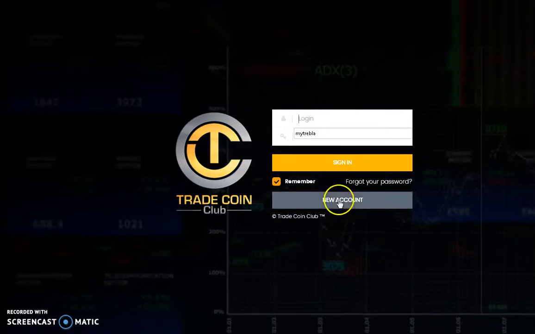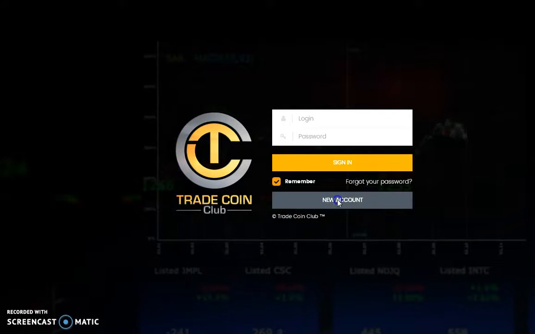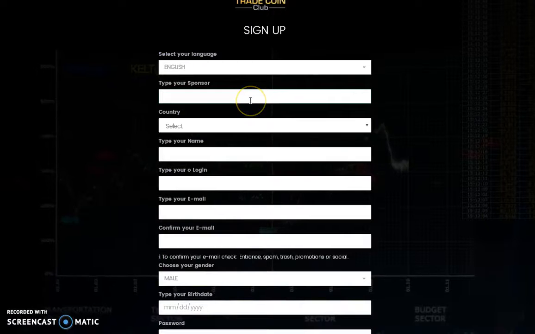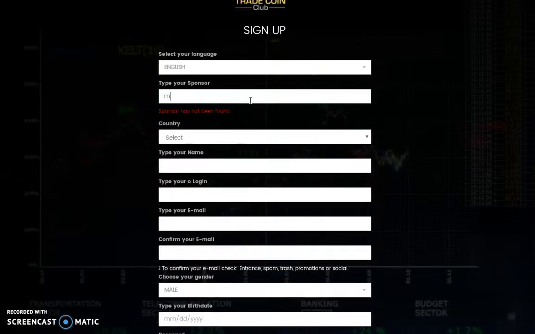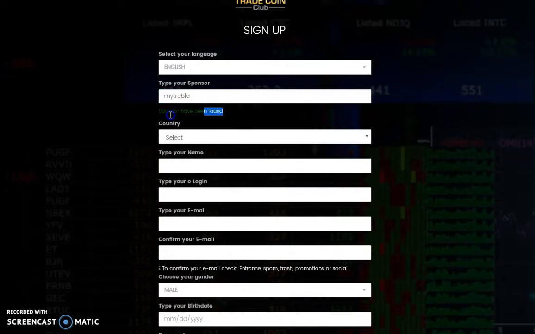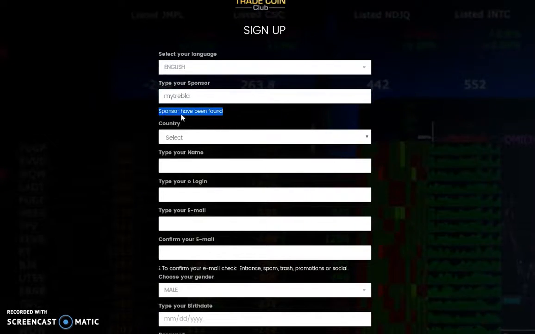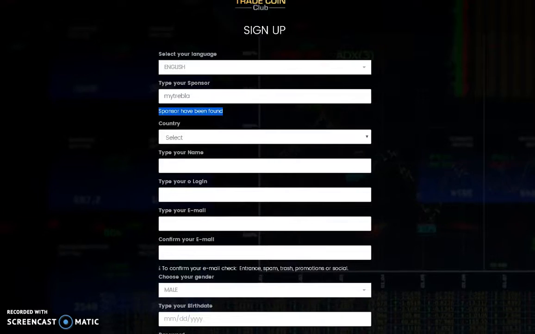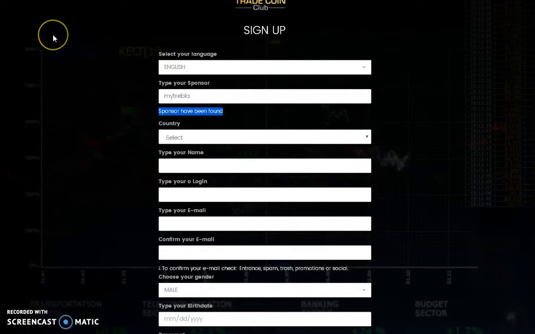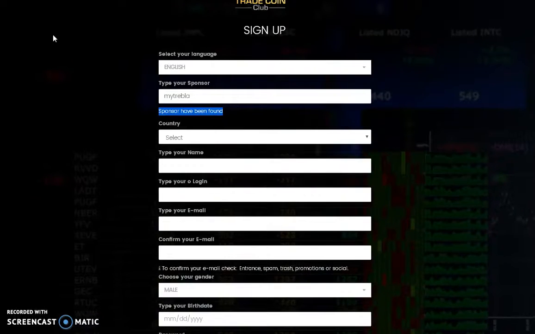So what you would do is you'd come down here and just click on new account if you're just getting started. And up in here, you would type in your sponsor's name. So I'm going to type it in. And as you can see, it says the sponsor has been found. So that being said, I'm going to continue going through the sign-up process and the website and kind of going